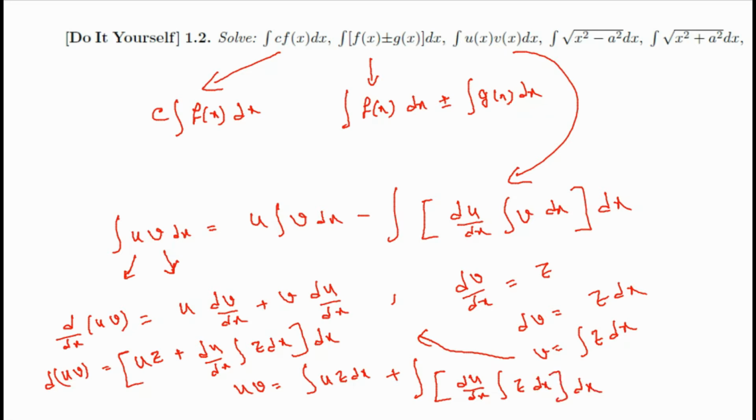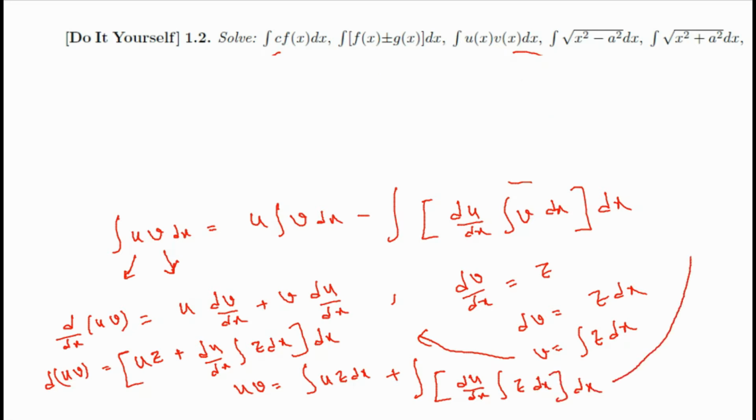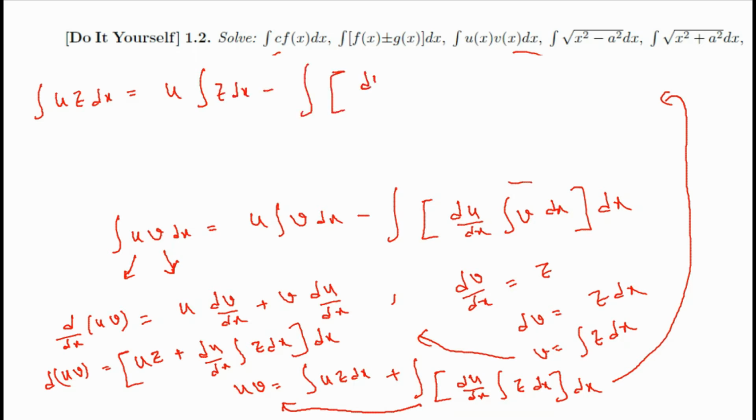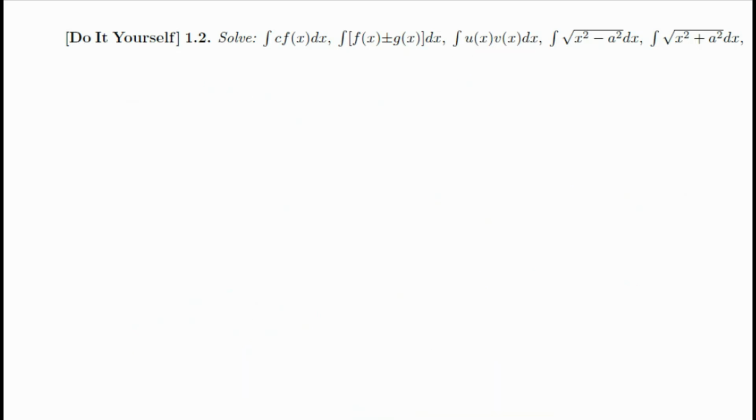So let me clear the board first. Well, so integration uz dx equal to uv minus integration du/dx integration z dx dx, that is, u integration z dx minus integration du/dx integration z dx dx. Now z is a dummy variable here, so you replace z with v, then you have the result. Now we will discuss the integration